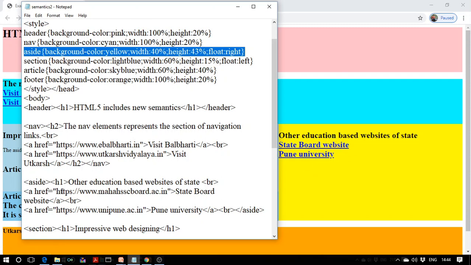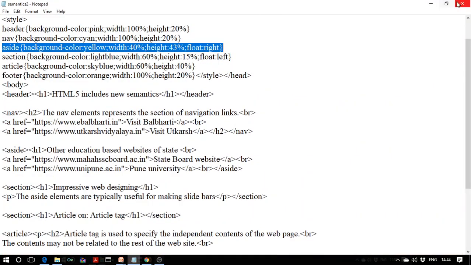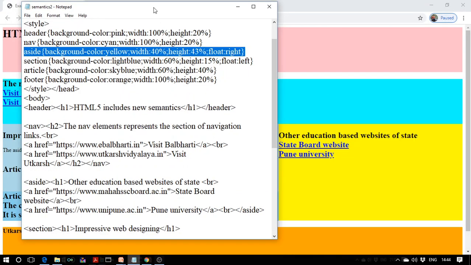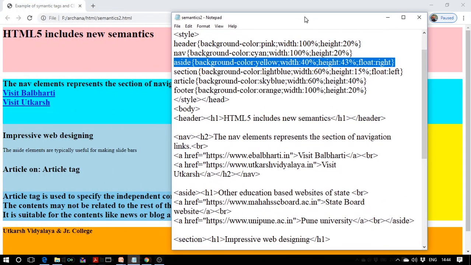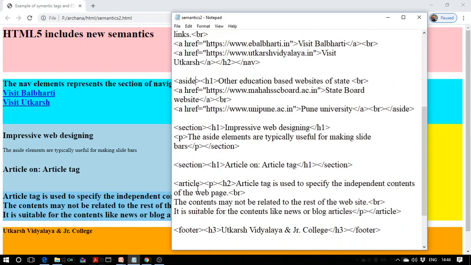Okay. Now next to that is the section. Where is the section available? Here. Impressive web designing and article on article tag are the two different sections which we have created. So after the aside tag, what we are adding is the section tag.